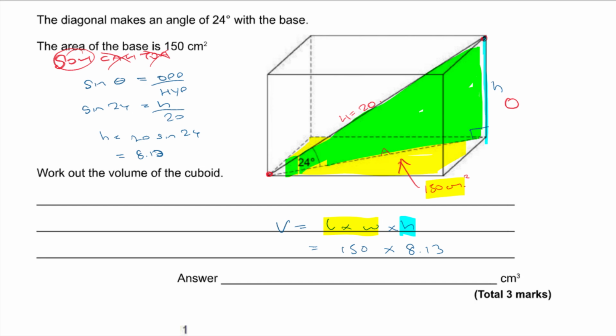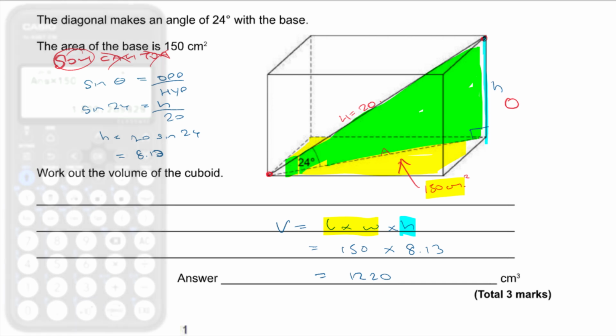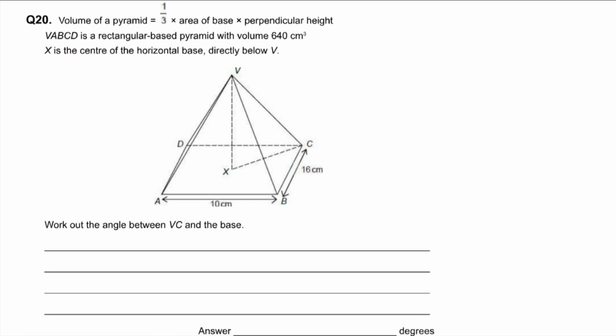So I'm going to take my answer from the last question, and times it by 150. That's going to give me 1220.2, which I'm just going to round off to 1220. Right, job done. Question 20, the volume of a pyramid is 1/3 of its area of its base times its